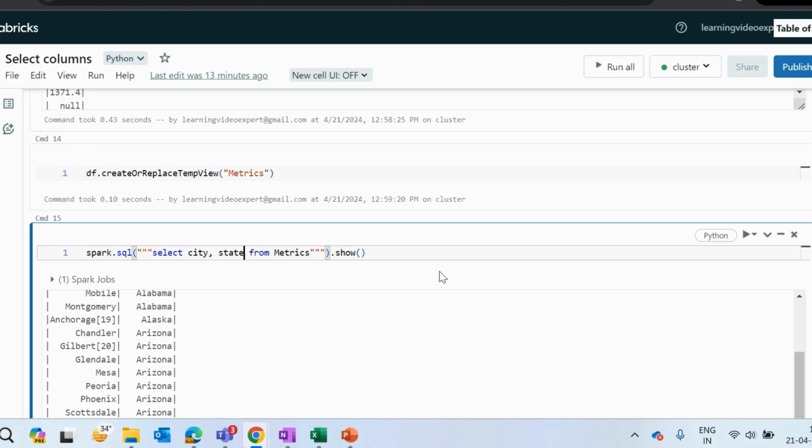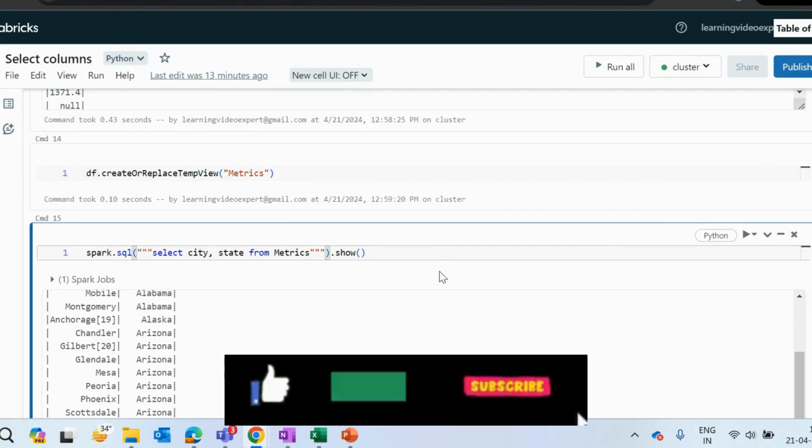So make sure you learn how to select your columns, what is an expression, what is a data frame, what is an RDD. All these things I have already covered in my previous video. If you have not watched them, just go ahead and watch them, and you will understand it. For the coming videos, make sure to watch them in serial order, because everything is in serial order itself.